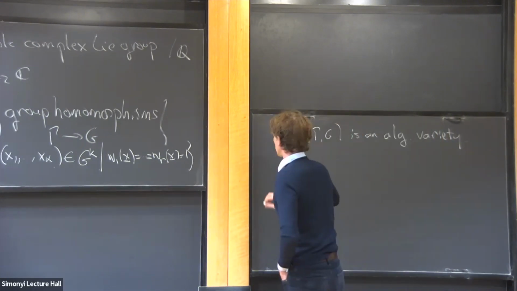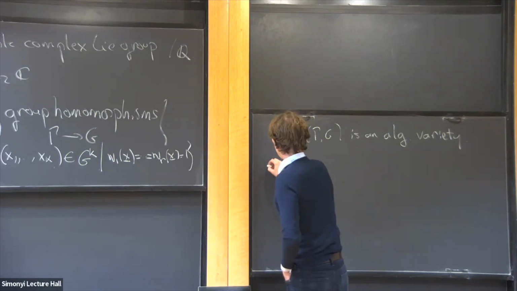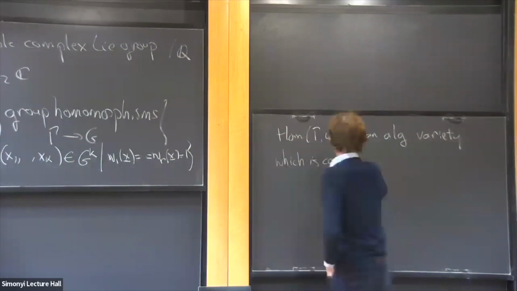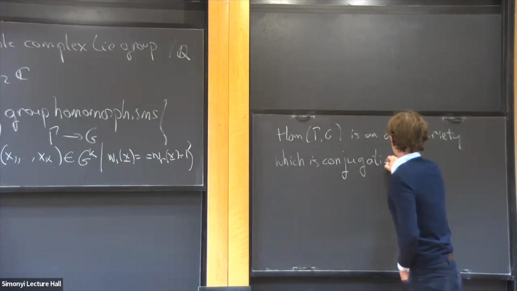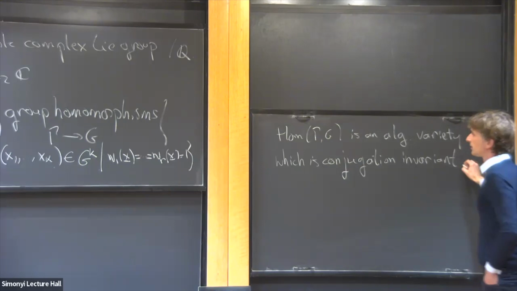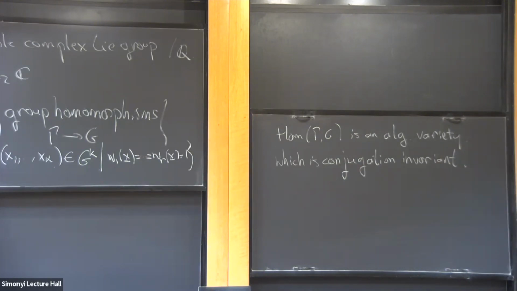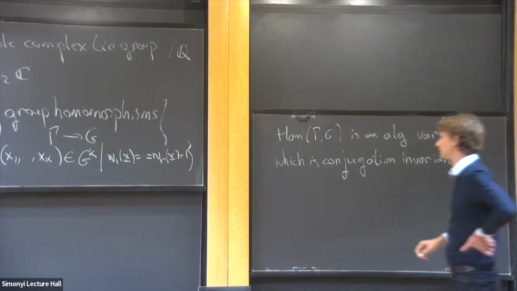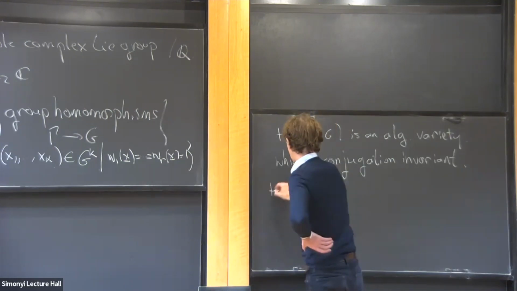So this is what's called the representation variety, but it's also clearly conjugation invariant. It's invariant under conjugation by G, and therefore it makes sense to mod out by conjugation and to consider